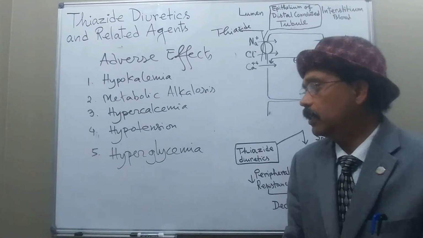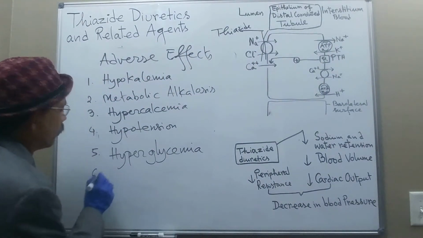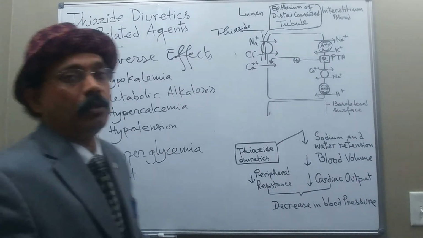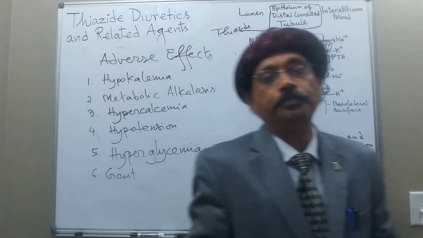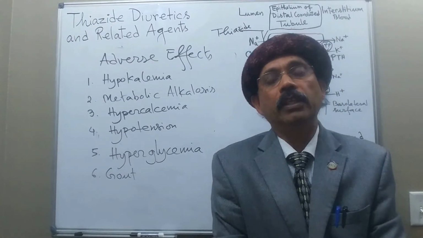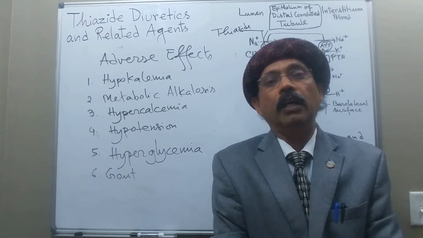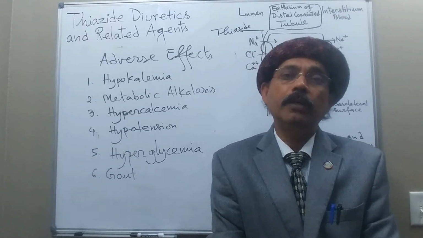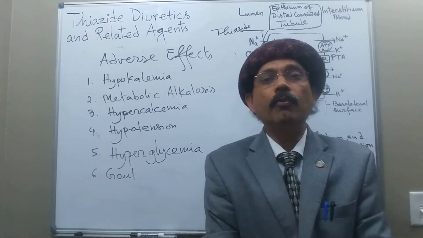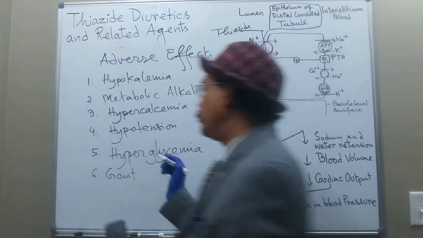Okay, we got that. It may lead to gout. This is very important. How does it cause gout? Because it prevents the excretion of uric acid, because we know that the thiazide diuretics are ligands. They are attached to the organic acid system of the nephron, so they compete with the uric acid for excretion. So there will be high uric acid,